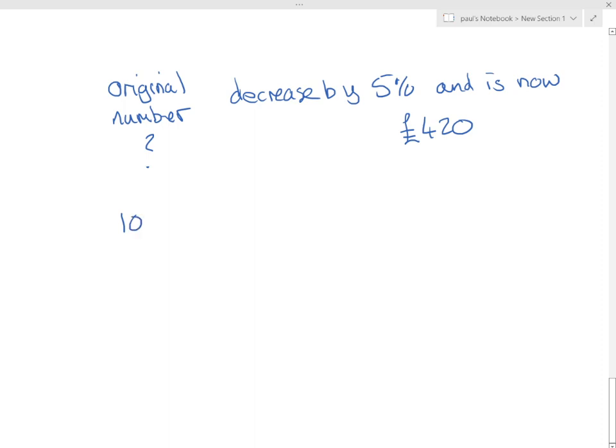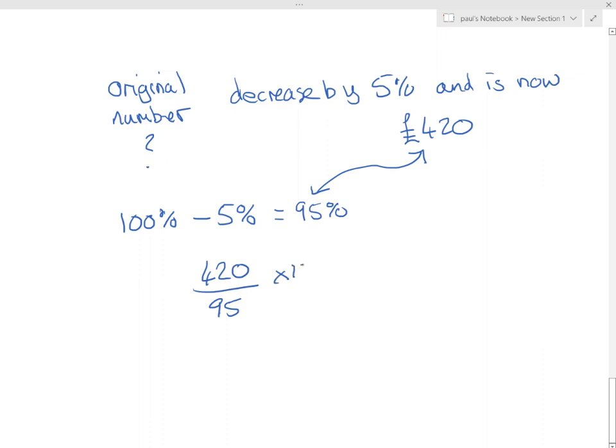So the original is 100%. We're decreasing by 5%, so we've got to take it away. So that equals 95%. So the 420 is 95% of the original value. So take 420, divide it by 95, and multiply it by 100. So 420 divided by 95 times 100 equals